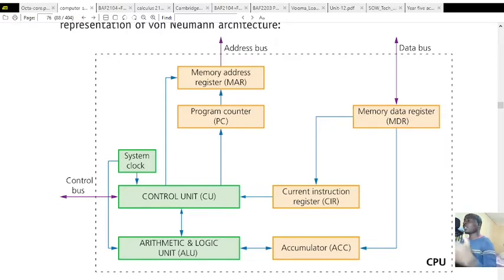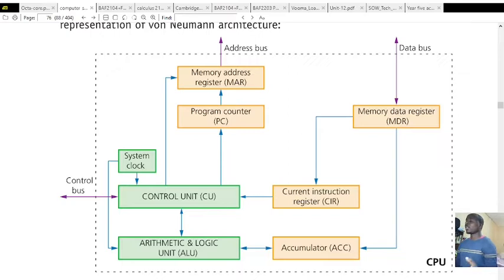Once it has identified the memory location, the data bus will fetch that data from the memory location into the memory data register, after which it will be sent to the current instruction register,